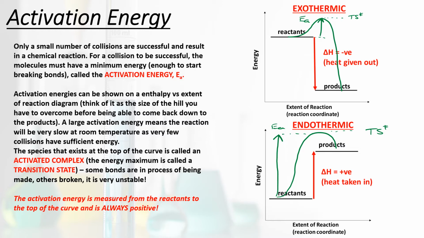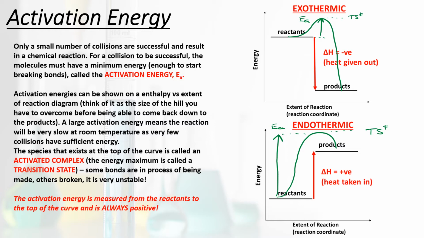Remember that in an exothermic reaction, we give heat out. So we have our delta H, our enthalpy change, being negative. So our reactants are higher up than our products. In an endothermic reaction, it's the other way around. We have heat being taken in, our enthalpy change is positive, and so we have our reactants being lower down than our products. Now we can think of activation energy essentially as being the hill, the size of the hill